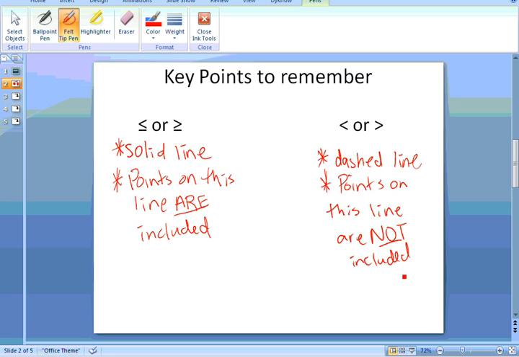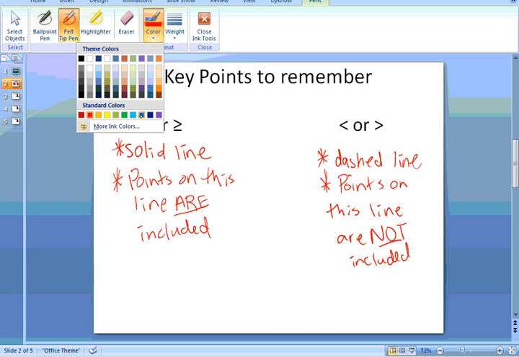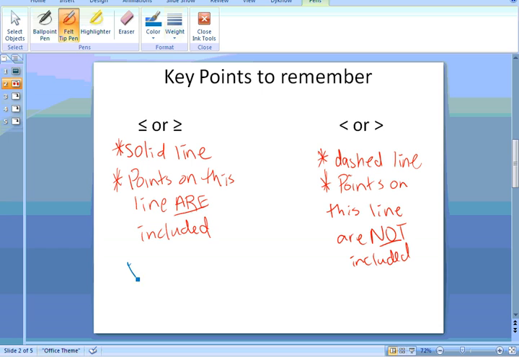So in a minute when we learn how to graph, if we're looking for solutions, if we have an equal to, if it's a solid line, and our point falls on that solid line, it's going to be a solution. If it falls on that line but it's a dashed line, then that's not going to be a solution. And one key thing that we need to remember when we're doing inequalities is, if we multiply